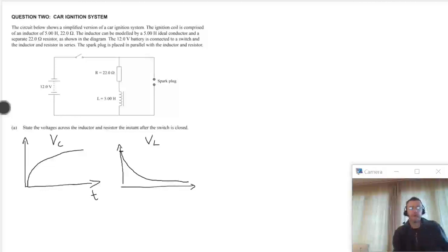The inductor responds to a large rate of change of current. So we go from having no current to having current instantaneously. We would normally, without an inductor, have a current that we can define based on these, and this means that we get our maximum inductor voltage right at the start when the rate of change of current is highest. So at the instant after the switch is closed,